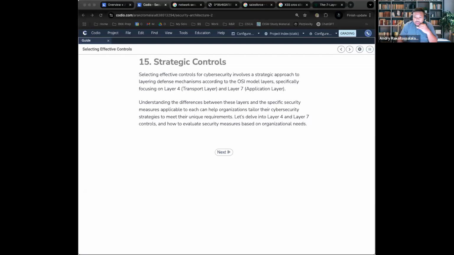The entire point here is it helps tailor the defense based on the traffic type or business priority. What does that mean? As you can imagine, each business has their own needs. They have very specific things that they want to do and very specific things that they don't want to do. With that in mind, they have to make sure to focus on certain layers and certain services. This is why we're highlighting layer 4 and layer 7. So, let's dive into that right now.